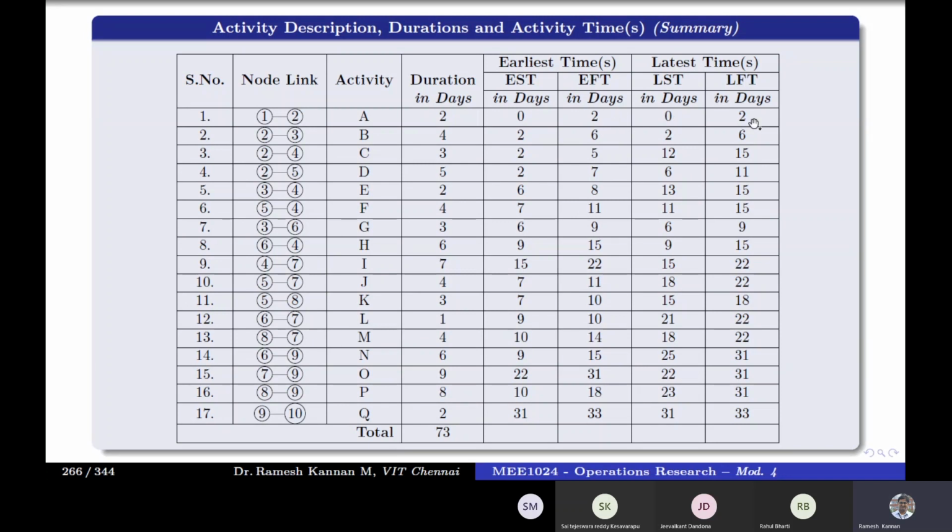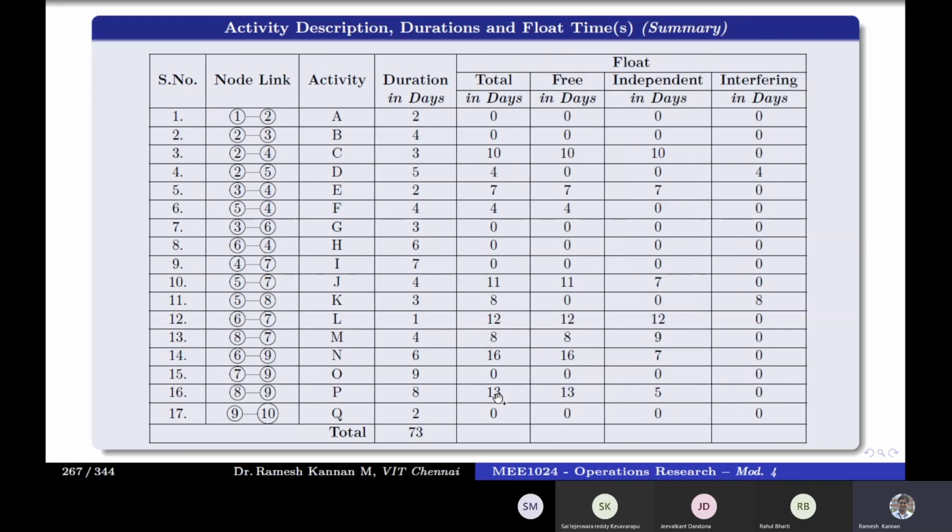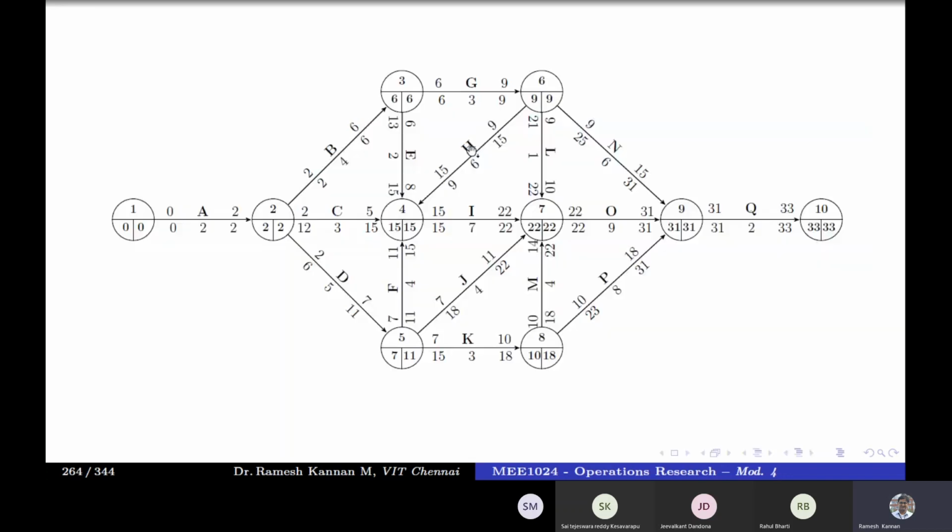Then the early finish time minus the late finish time is called the finish float, or the total float finish. So that is what you get in here. One significant thing I told you about the critical path is that it is not the path that has the longest duration, but a path that doesn't have any buffer time.